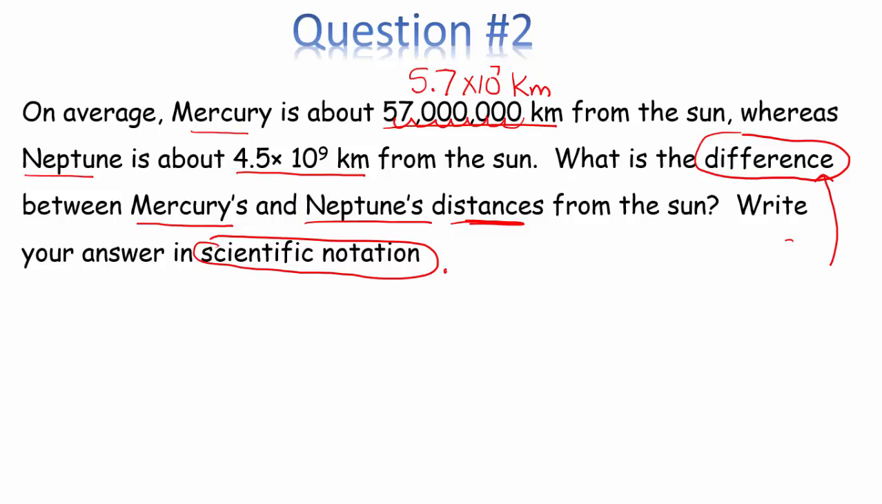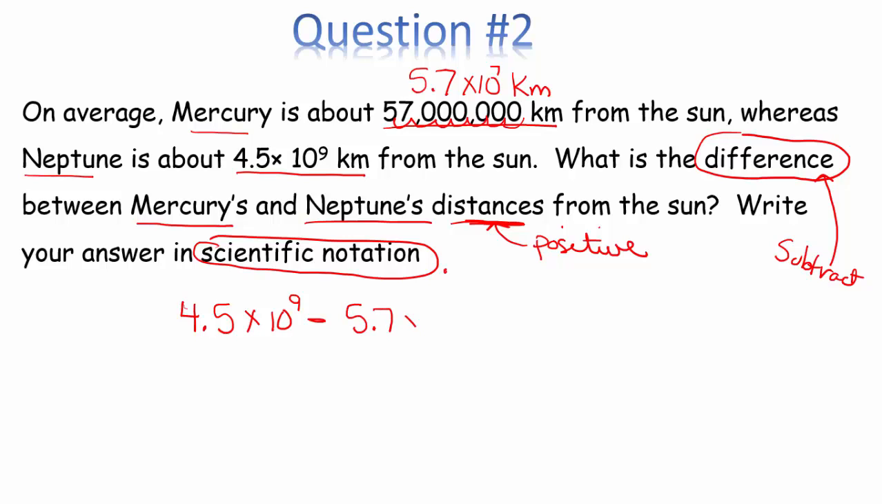Difference, that keyword tells me I will subtract. Distances, I know I have to end up with a positive number. We don't have negative distances. So even if you're struggling, like, what number would I put first in that subtraction? Well, I have to put the larger number first. So I say, which is larger, 4.5 times 10 to the 9th or 5.7 times 10 to the 7th? We know the larger exponent is the larger number. I need my answer to be positive. I'm talking about distances. So I'm going to go ahead and put the 4.5 times 10 to the 9th first,